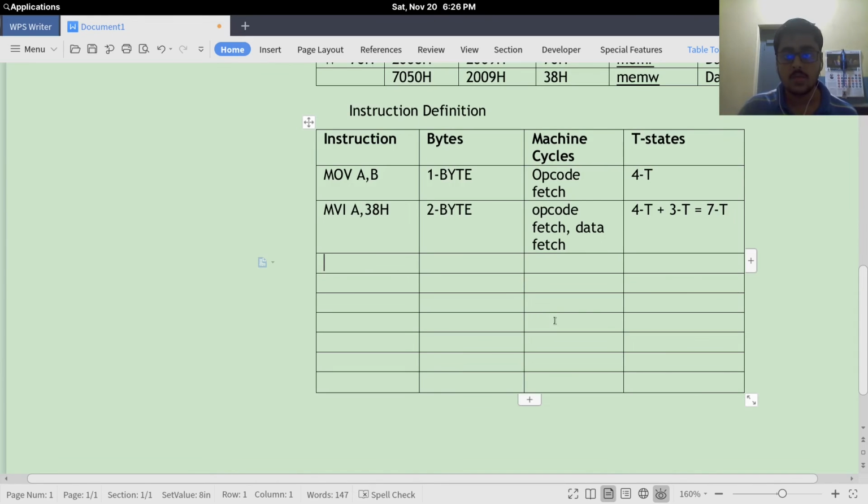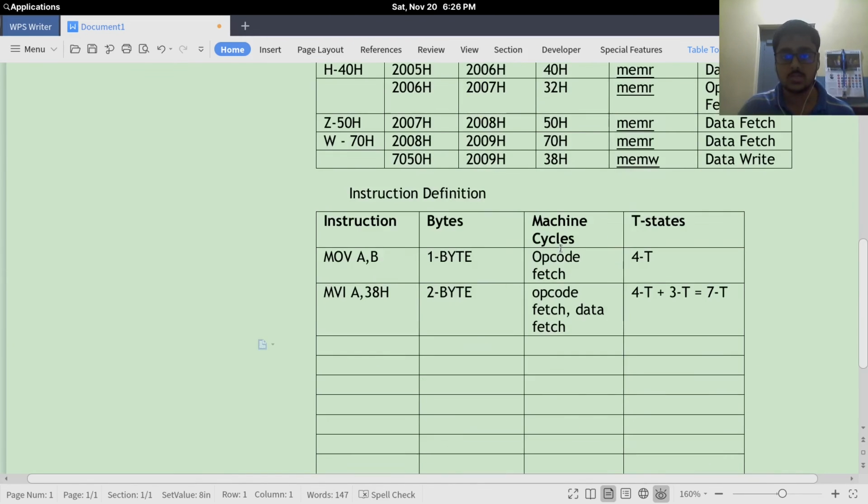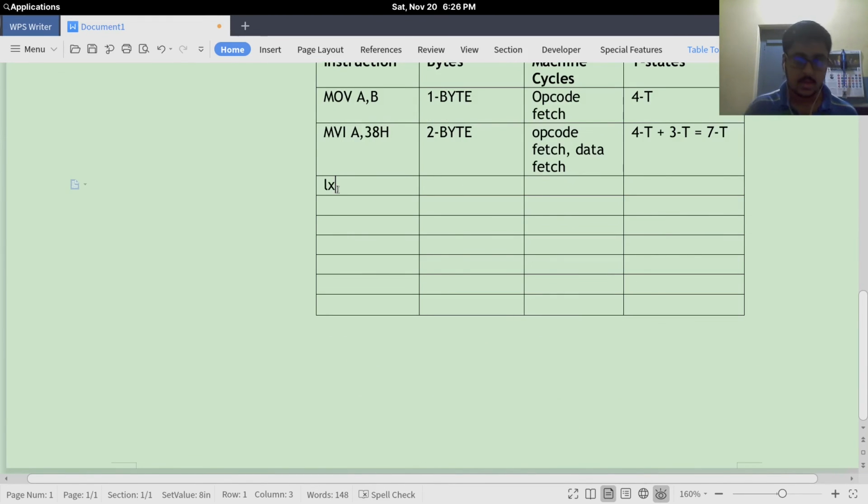Then we move on to the next instruction, which is LXI H, 4050H. From this instruction you can see we need an opcode for LXI H, and 2 bytes of address are being sent to the HL register pair.